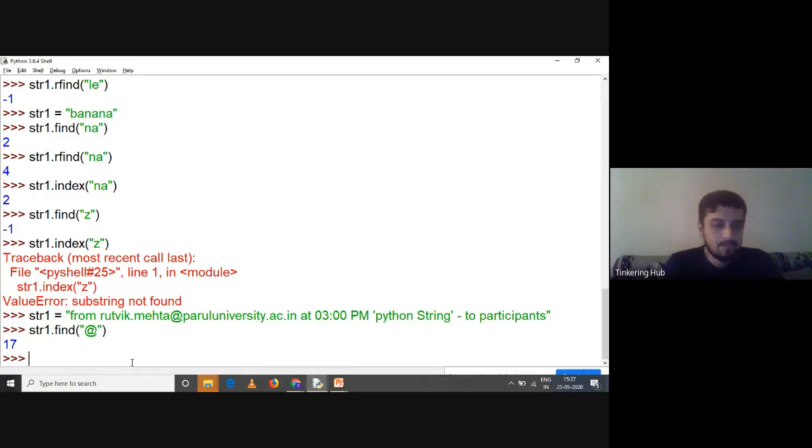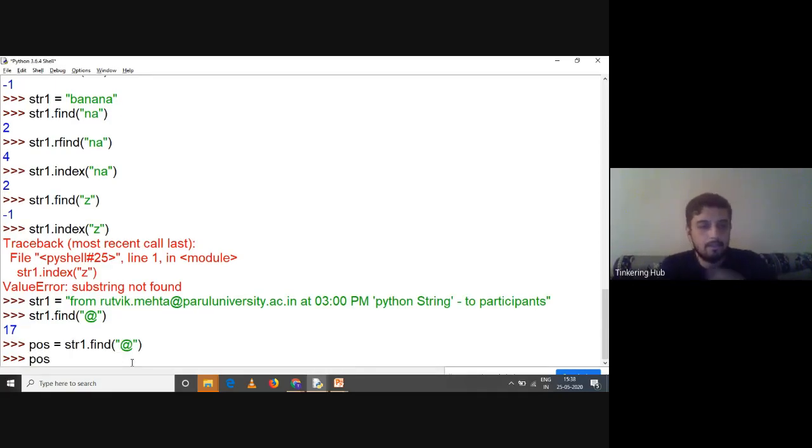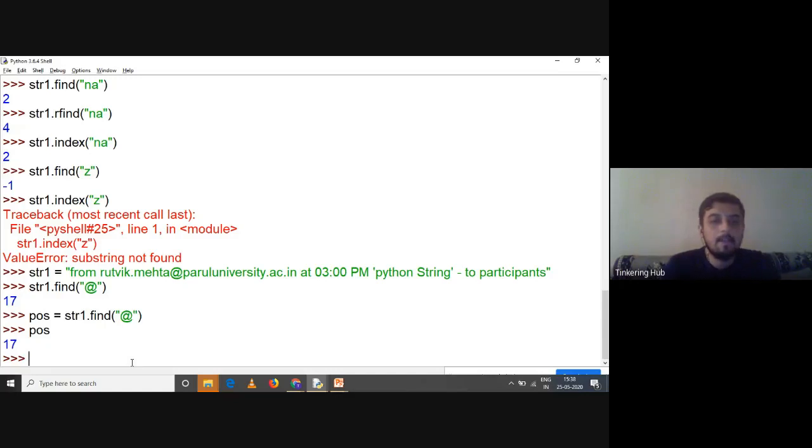Now let me store it at position. Let me call it as position. So I can call it like this: str1 dot find, and let me call it as @. Okay, let me call it as post. So post is 17, right? Now to extract the domain name from this kind of sequence, I can say that it is separated by space, right?